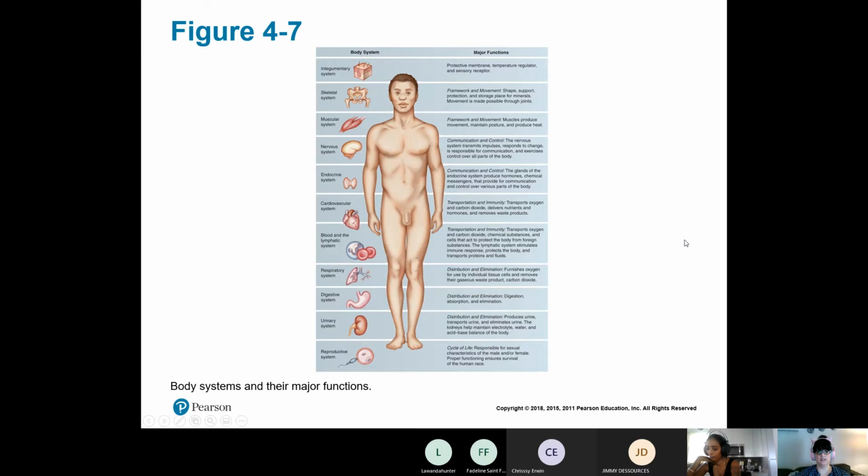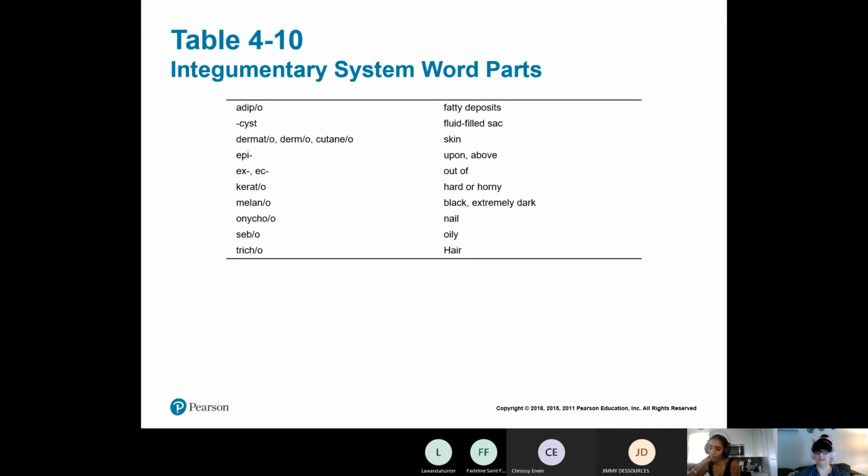We just covered this. What is integumentary? Oh, do we need to write all this down right now? Nope, because when we cover it, we're going to cover it, okay? So just know it's your skin, okay? And then it has its own special set of terms, like when we talked about adipose,